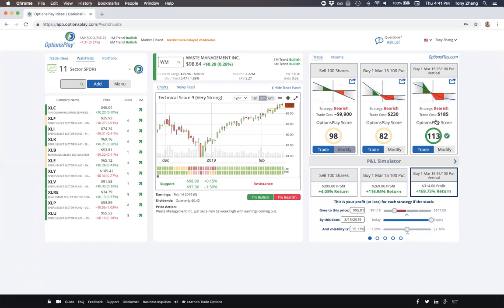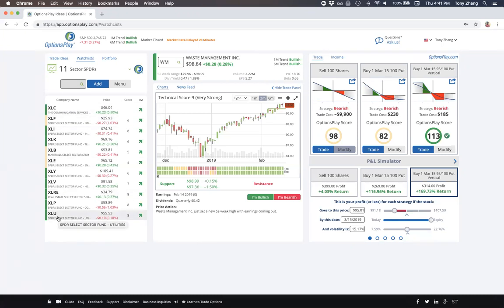So today what we're going to do is explore how to utilize the left two panels, the Trade Ideas and Watchlist panel and the middle panel, to gain that directional view. And then I'll take a little bit of time to show you guys how I would leverage that into an options trade. So when you first click on the watch list, you'll see that we always start you off on